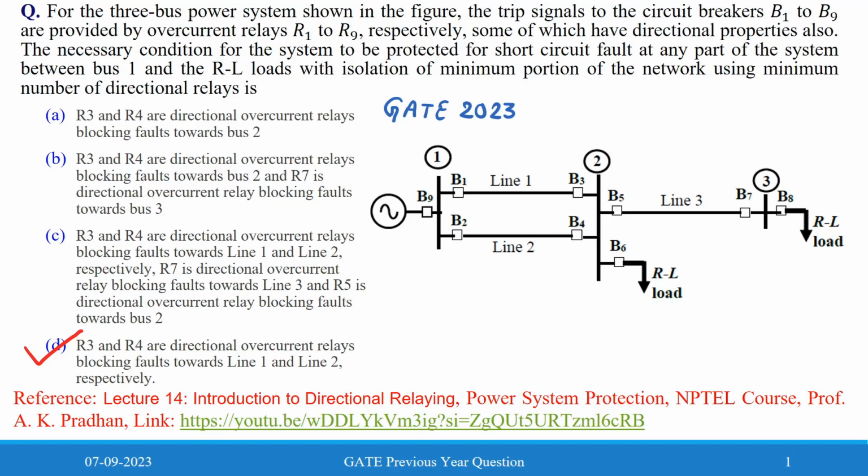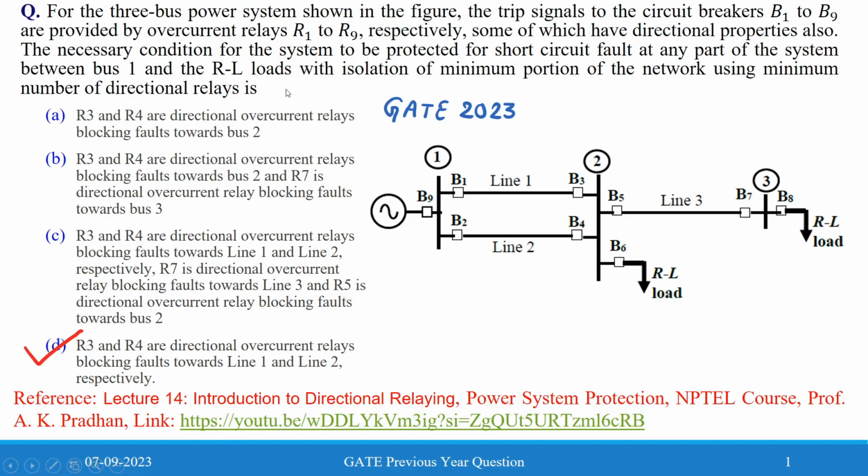The question is that for the three bus power system shown in the figure, the trip signals to the circuit breakers B1 to B9 are provided by overcurrent relays R1 to R9 respectively, some of which have directional properties also. The necessary condition for the system to be protected for short circuit fault at any part of the system between